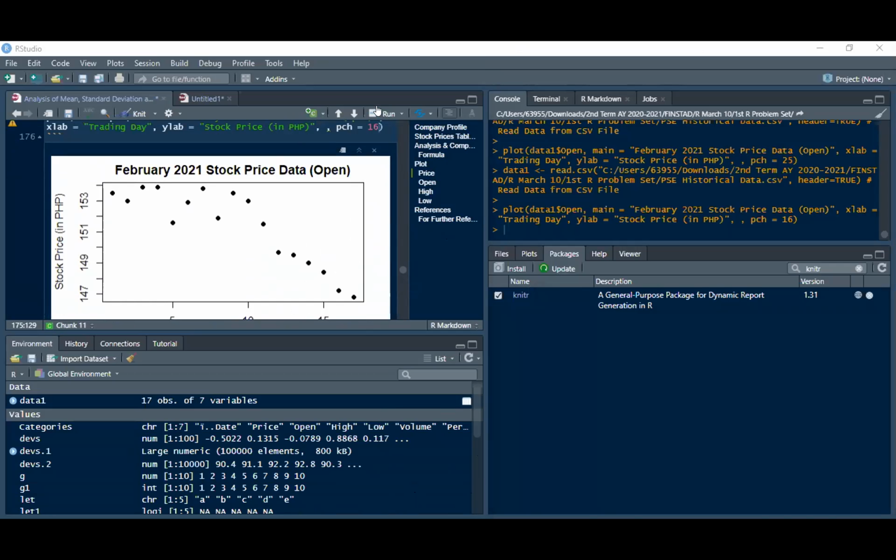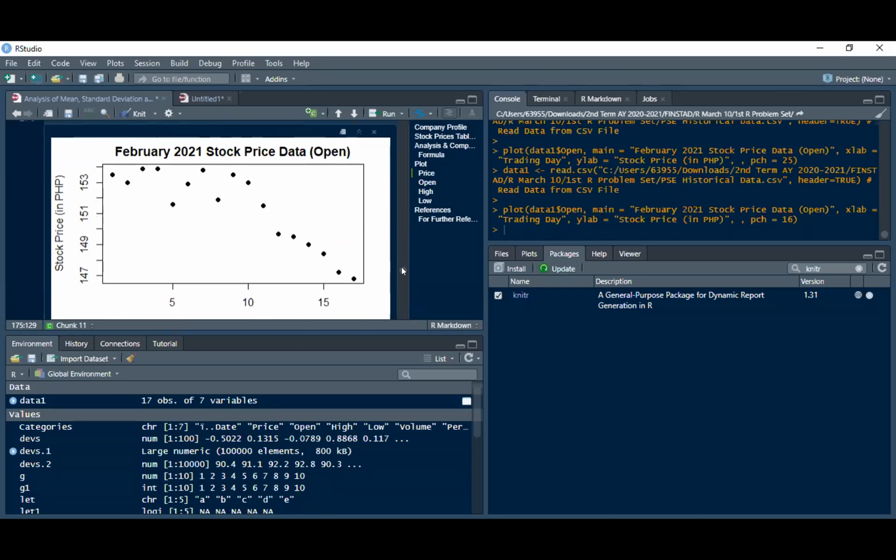Yes? Sorry, sir. Hindi niyo po ba na ako narinig? Kanina hindi. Okay. So for the open price plot, it's similar for the first one na ginawa namin. So yun nga, yung plot data 1 open, tapos yung